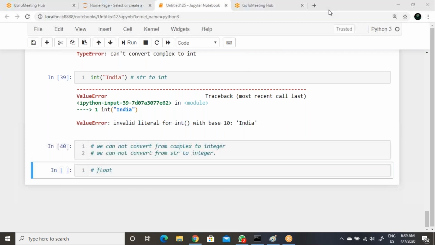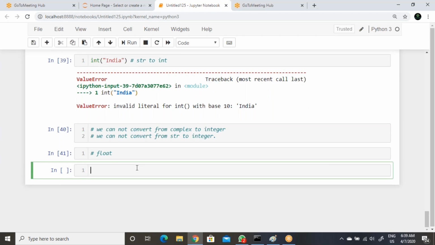Float conversion. Take everything into a specific data type format, data type, then value. Same approach. Why do we want to use conversion?